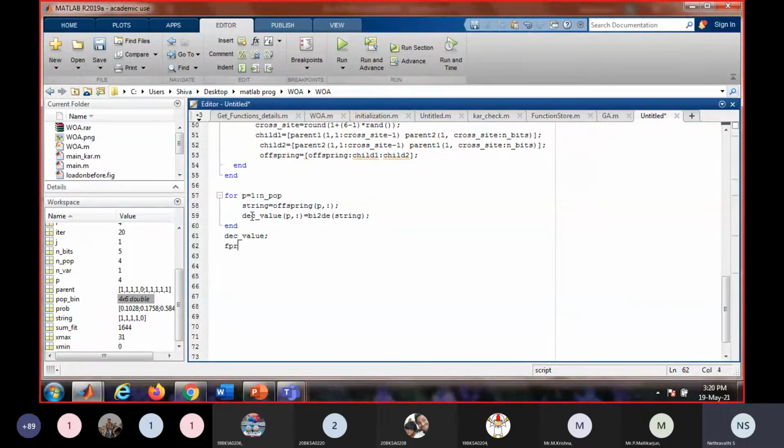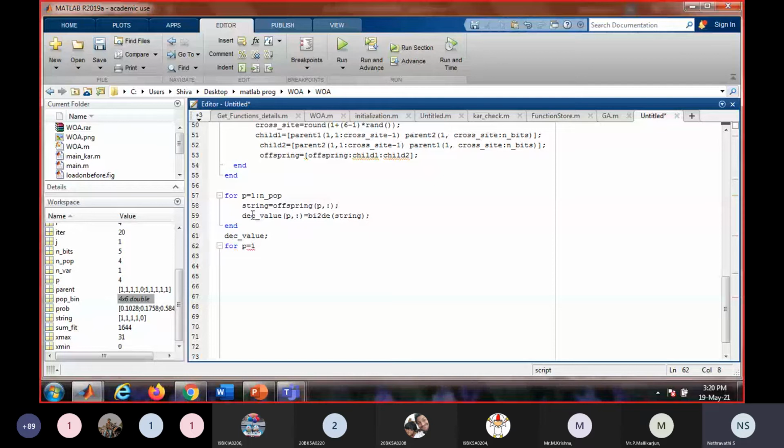And then what we have to do? Yeah, when we did the manual calculation, we knew that whatever offspring was generated was well within the X range. X range was between 0 and 31. But the machine doesn't know, the software doesn't know whether it has generated a value which is within that X range.